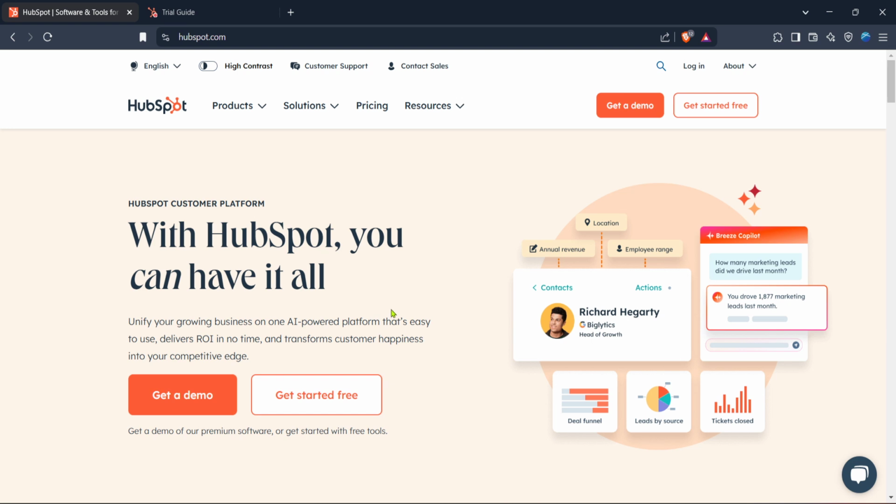To get started, you'll want to open your internet browser and navigate to the HubSpot homepage. This is your gateway to all the resources and tools that HubSpot offers. Once you're there, look for the login button. It's typically prominent, found on the top right corner of the page, so click on that to access your HubSpot account. Make sure your login credentials are handy. If you haven't yet created an account, you might want to do so before proceeding with this process.